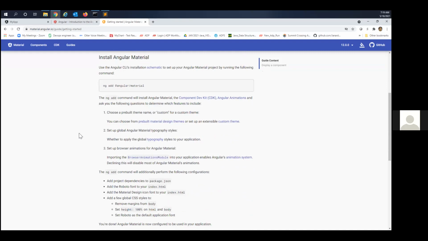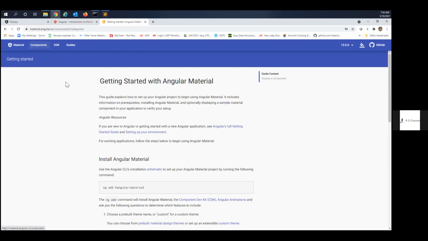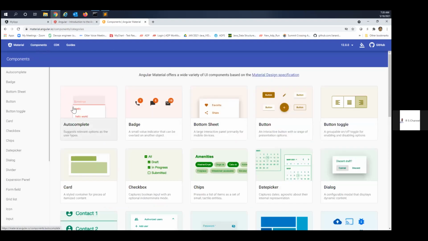Rajesh, please guide me here. No. Here you have to go to components. You have already installed these, right? You have to go to components and bring in the input and button.